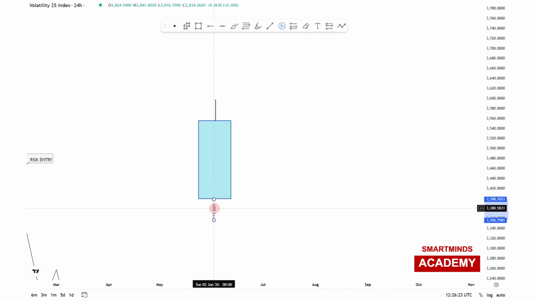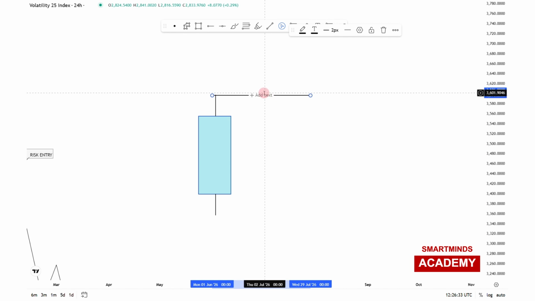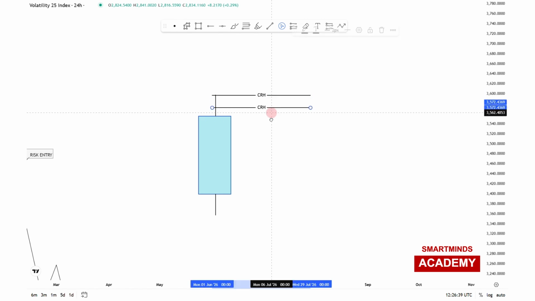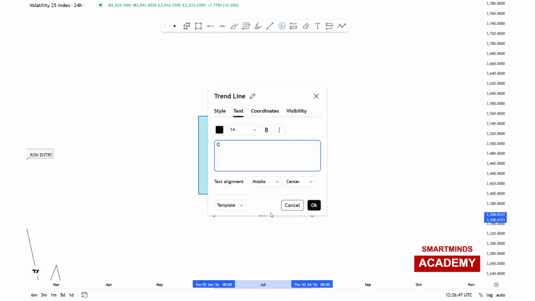You have your range high, your range low, and then the second candlestick should be targeting the CRH. Our candle range high here should be taken out. This is your range high, and below this is your range low. So this is your CRL,